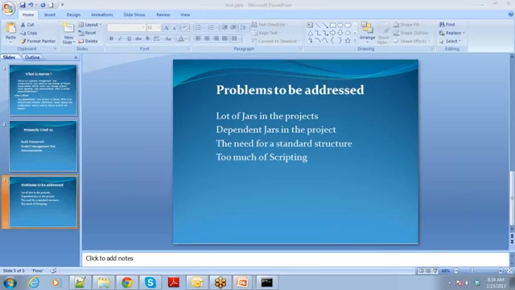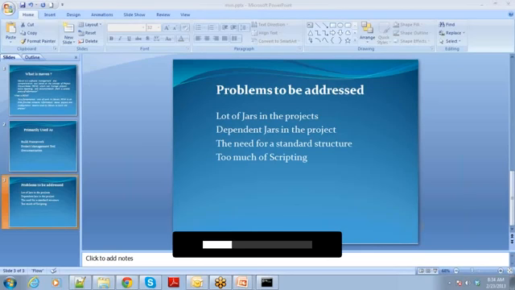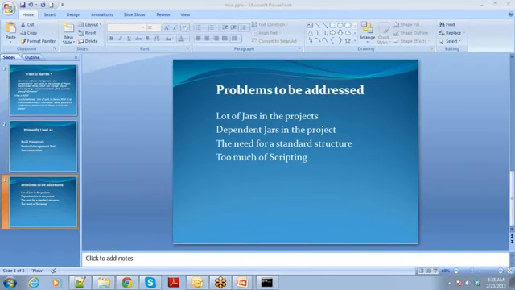The third thing that's quite common in Java J2EE projects before Maven was that development teams tried to have their own practices, their own folder structures for their projects. So what it boils down to is too much of scripting. If you go to one company, you will find Java in some folder, tests in another folder, and you need to write custom scripts to bundle from those locations. You go to a different company, again it will be completely different way.